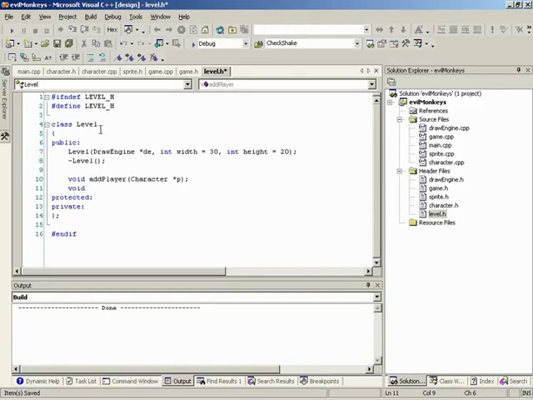And we'll just pass it as a pointer into the level. Yep. So we have our